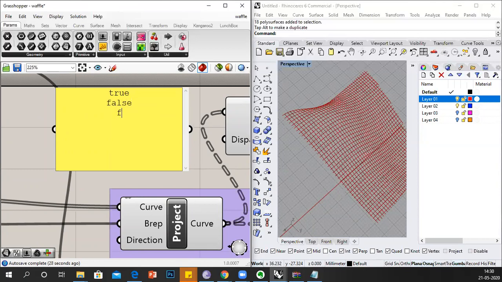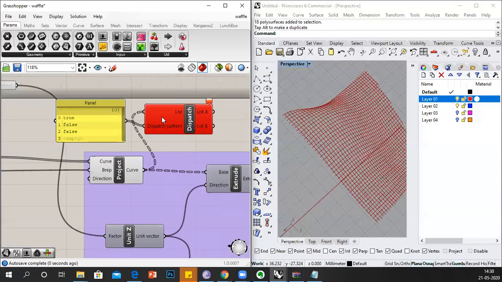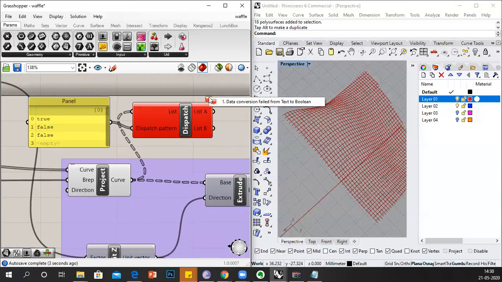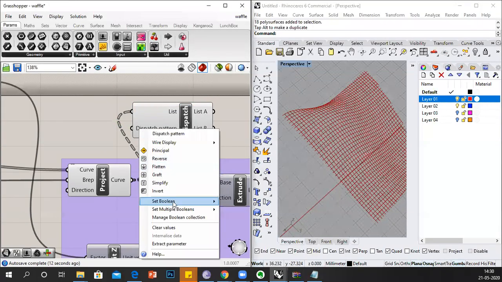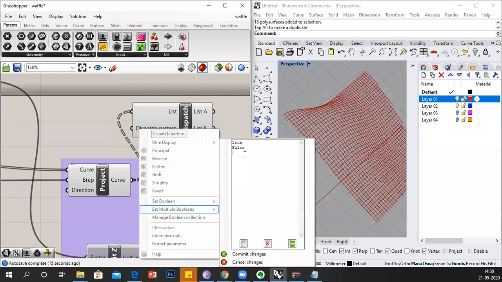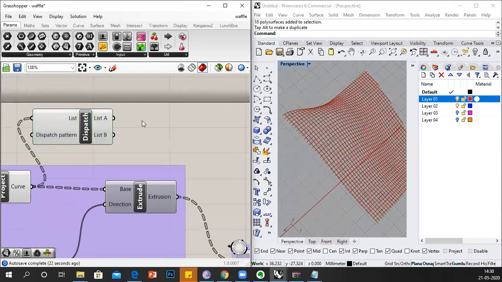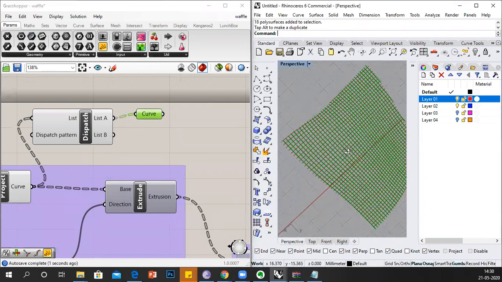So false, false. So this is the pattern. So either I can plug this inside. Data conversion failed from text to... okay, for now, let's go here and set multiple booleans: true, false, false, false. So I've got two sets of curves. So if I connect this, either select,